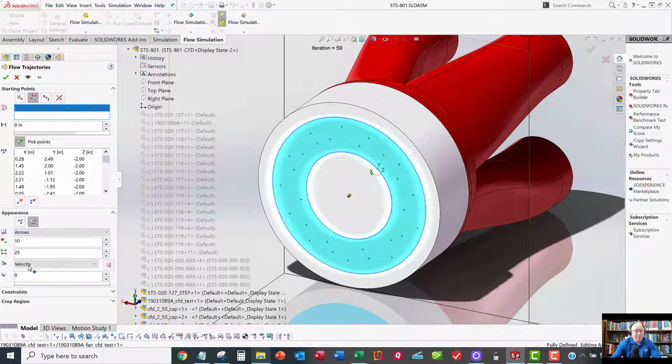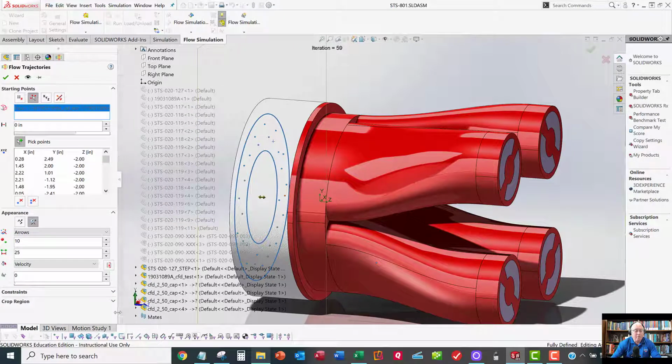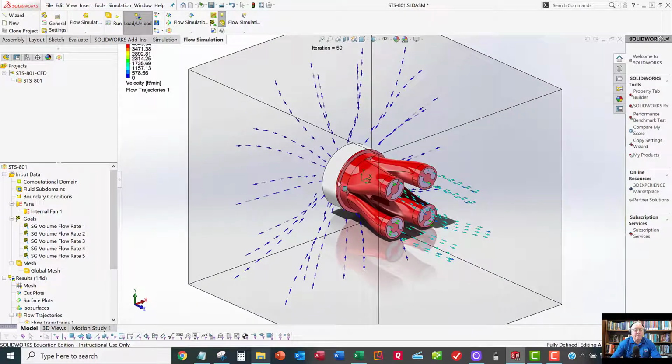You can play around with this. I think I want velocity. I want to map the velocity of those points. And so I'll agree with that and say OK. Once it comes back to life here. There we go. And it creates these trajectories, and it gives you a nice little legend up here that tells